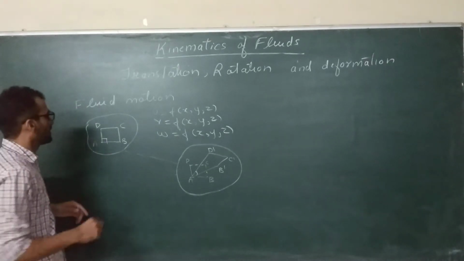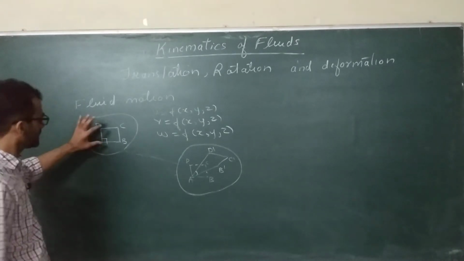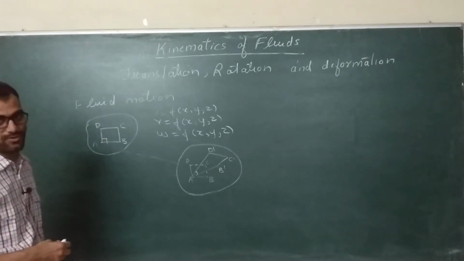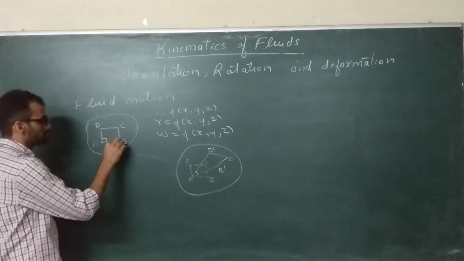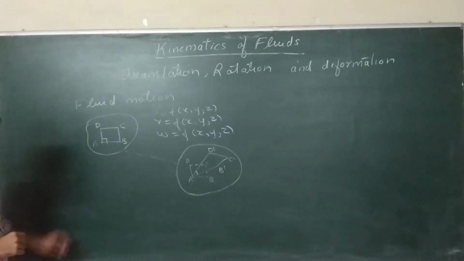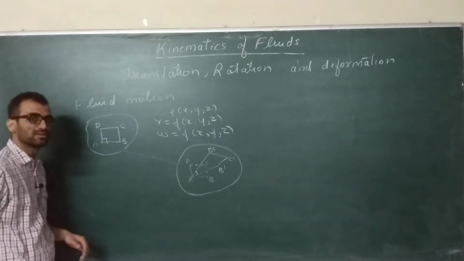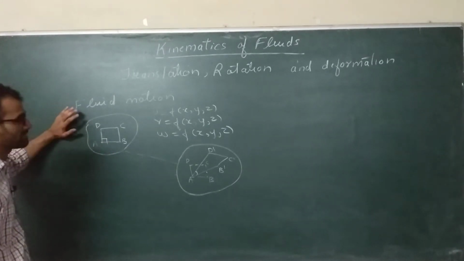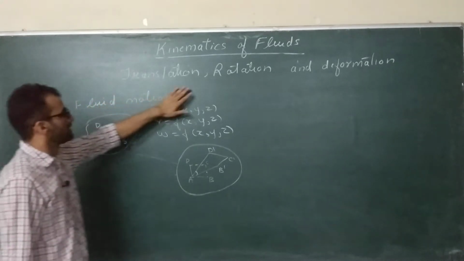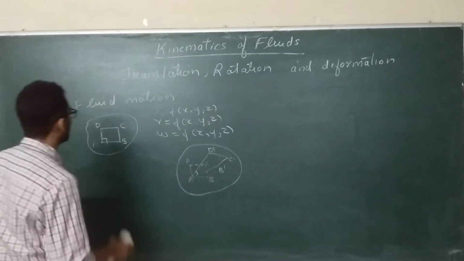One more thing, there is also a difference in rotation. When a solid body rotates, the rotation will not cause any deformation, because the angular velocities at all the points will be constant. So relative displacement will not take place between the two points or two segments. But relative displacement takes place in case of a fluid, and that is why we are going to see the three types of motion, that is translation, rotation and deformation, in case of a fluid motion.